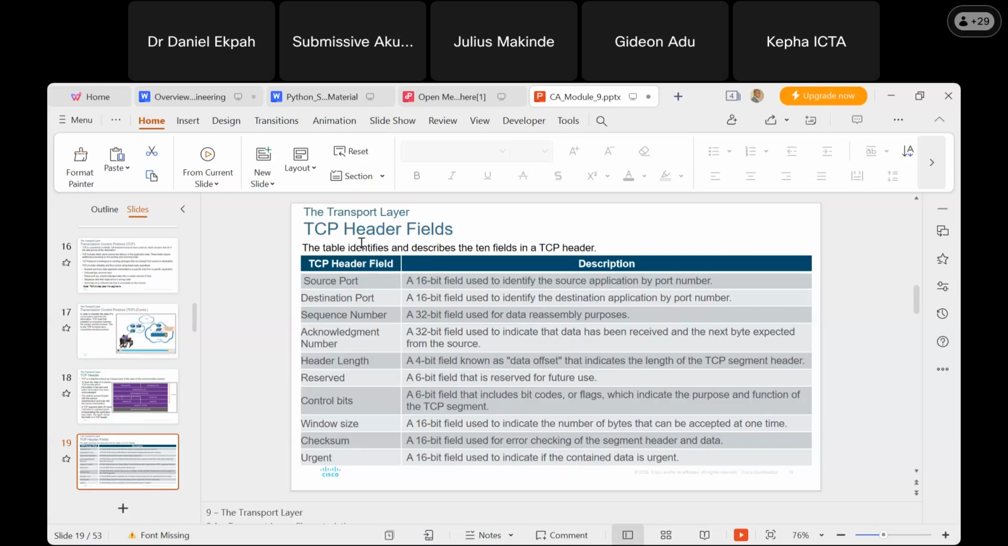And still on the header of the transport layer, it has a source port, a 16-bit field that is used to identify the source application. It has a destination port. Then there's what we call a sequence number, in this case a 32-bit field used for data reassembly. It also has the acknowledgement number, header length, reserved, control bits,